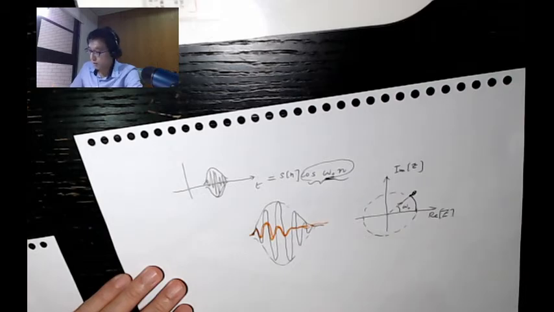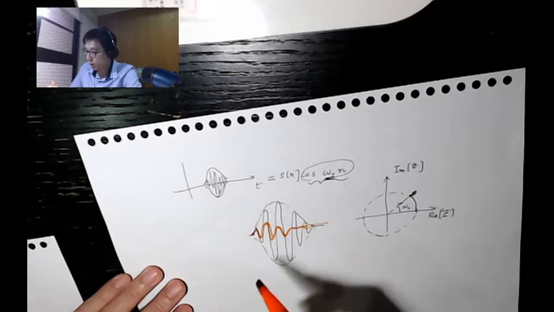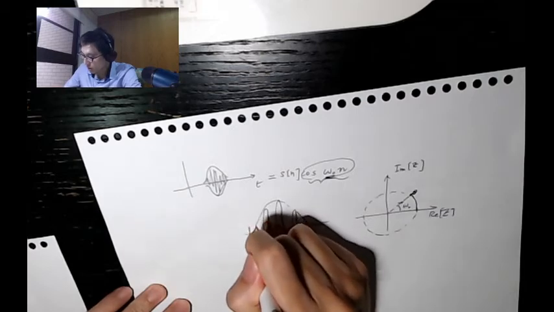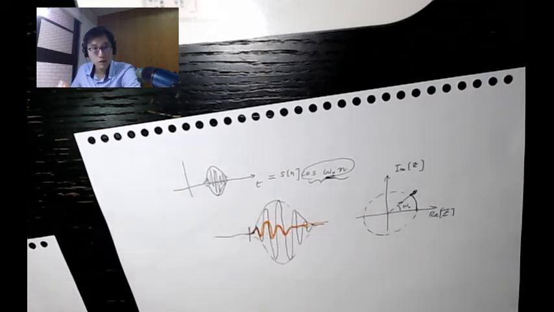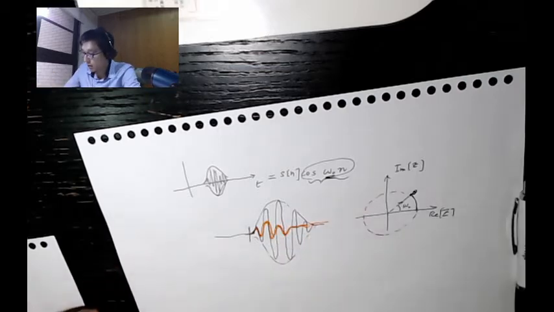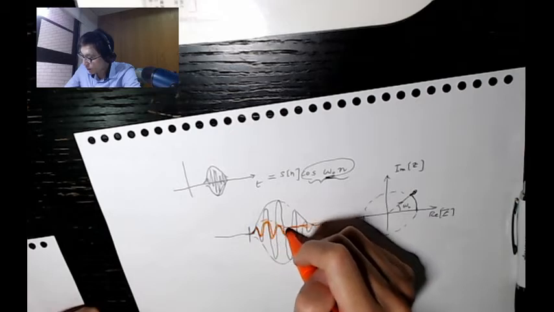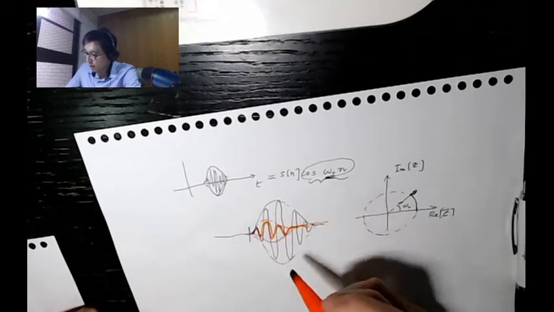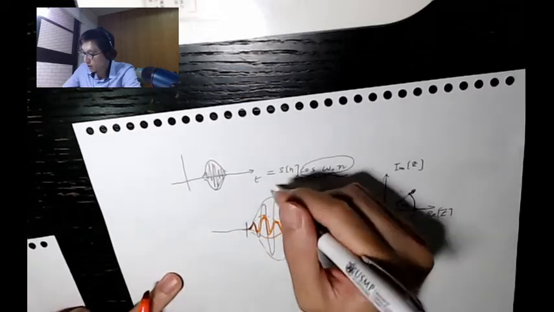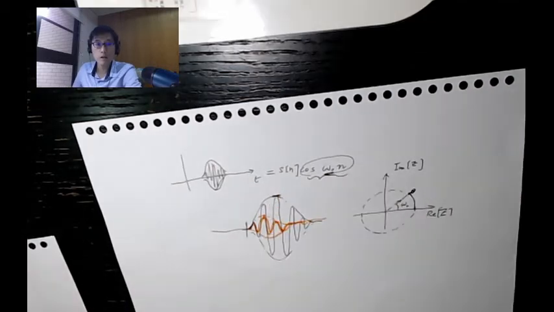All right. So does this system violate causality? No, because we still have no input before, we have no output before the input comes in. So it doesn't violate causality. But in the meanwhile, if you look at the center of mass, the envelope of the output, that peak of the envelope actually occurs before the peak of the envelope of the input.